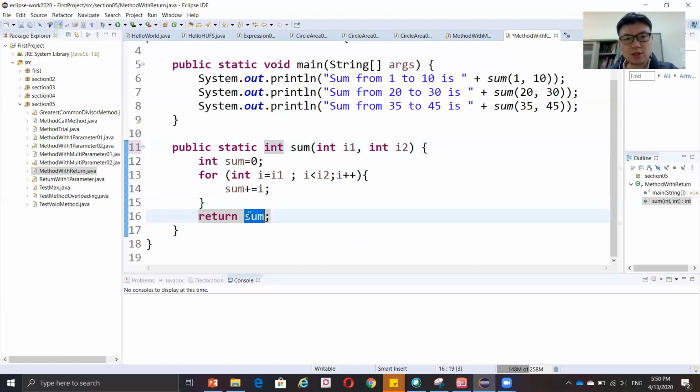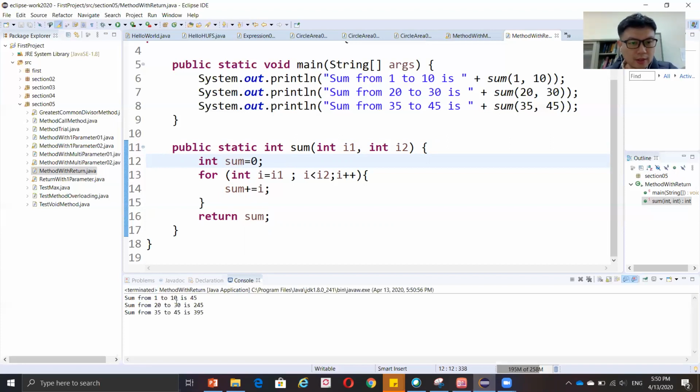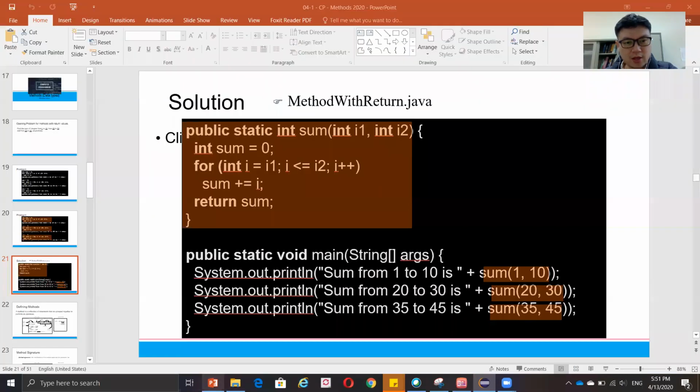So this data type should be the same as the return value. If you're returning the integer, then you should put integer. Or if you put this one as double, the sum as a double, it will be an error because you need to have integer. Okay, so if you run this, yeah, summation from 1 until 10 is 45, from 20 until 30 is 245, from 35 until 45 is 395. So this example resembles